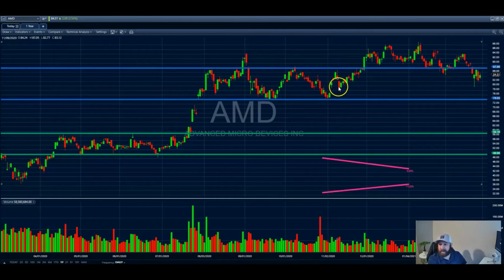You got a pullback. It didn't pull back all the way down to your support. And then we got a breakout, but you didn't get much of a move out of it. This thing basically went straight into consolidation after the breakout. Again, if you would have purchased on this candlestick on the breakout, even if you had purchased at the top of it,